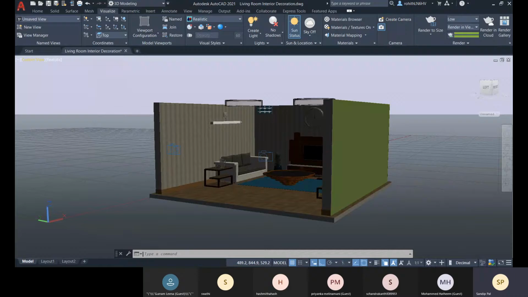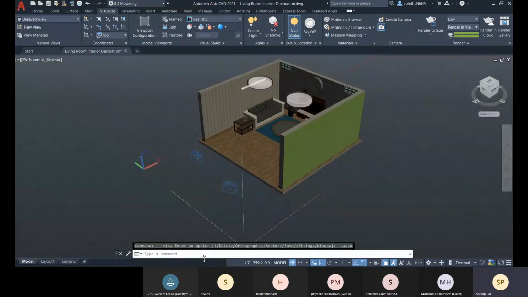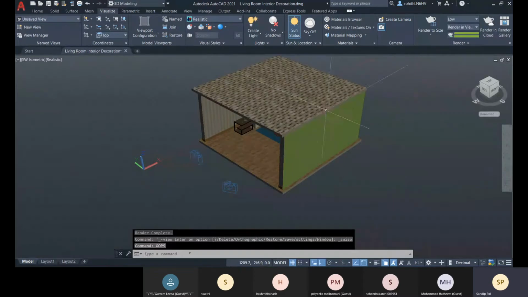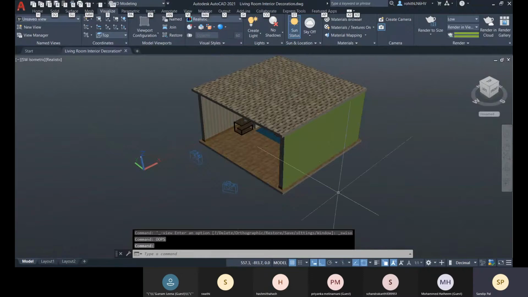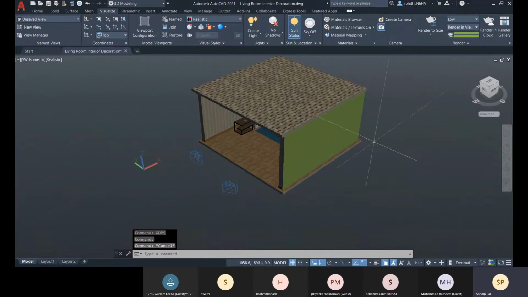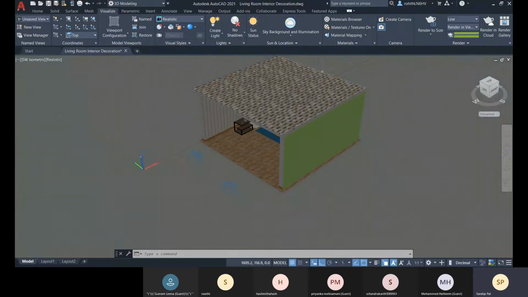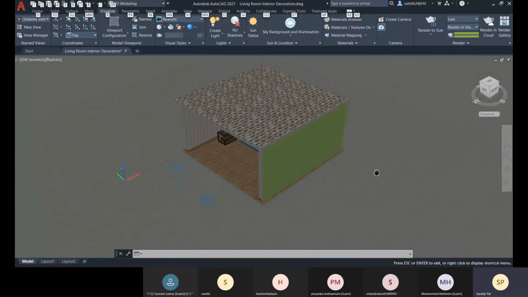So let me come here, and if I type double OPS, oops, I'll get back my last deleted object. And now I don't need that, so I'll make it off. The sun status, I'll make it off, and I can bring back the sky background and illumination.